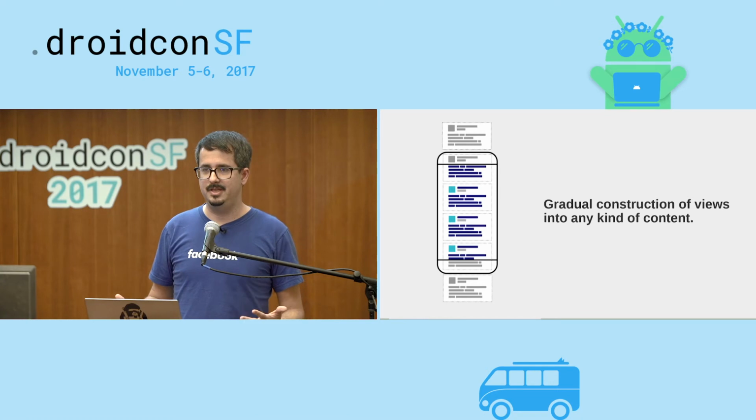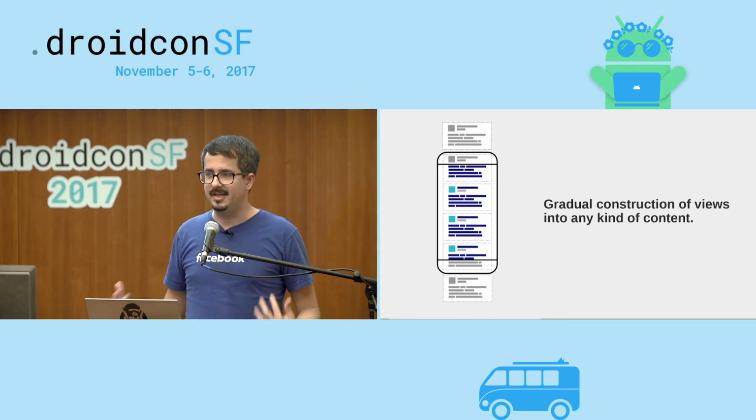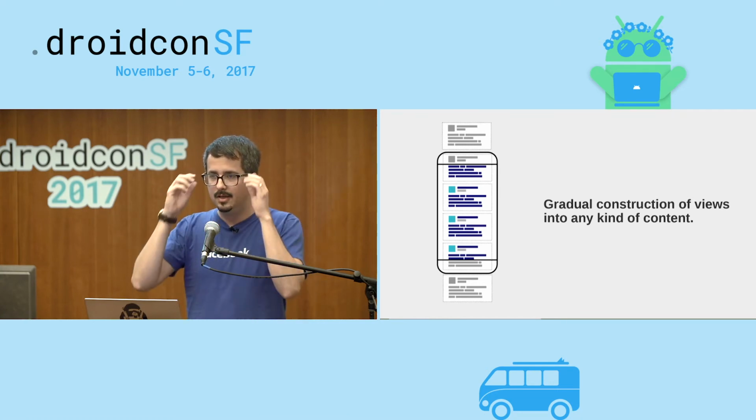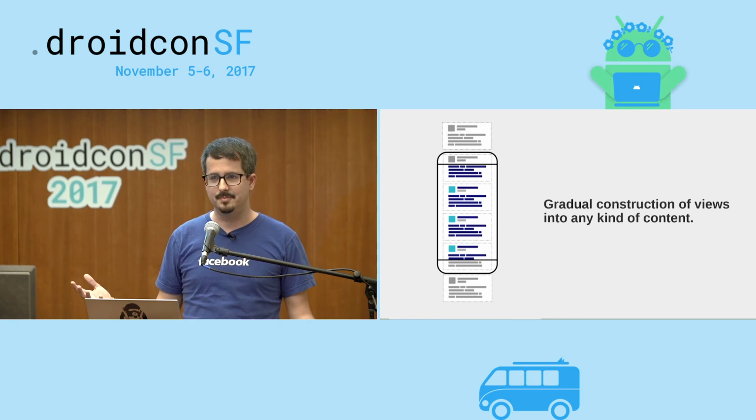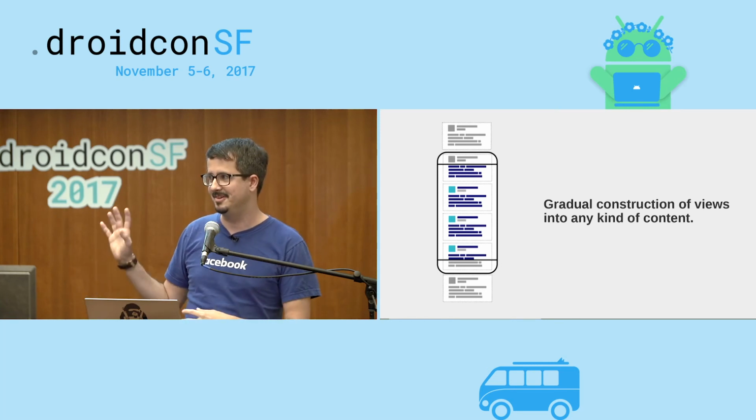So incremental mount means that even if you have a gigantic item view, you're not going to mount or create the view tree for that item all in one go. You're going to dynamically construct it as it becomes visible on screen. And that, combined with fine-grained recycling,